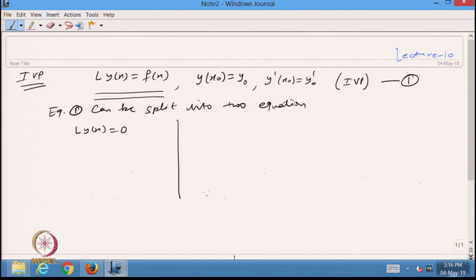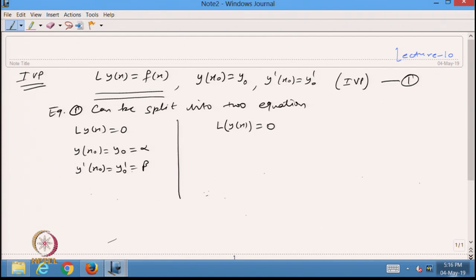This is the corresponding homogeneous equation satisfying the initial conditions, y naught and y dash at x naught, which are given to me. I can call them alpha and beta also. And another equation I define as